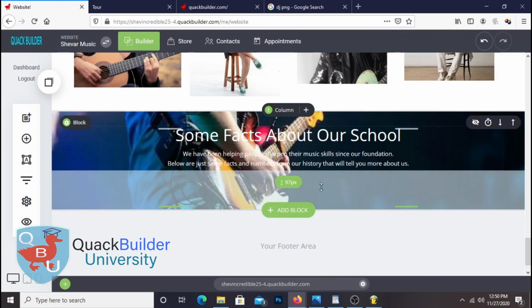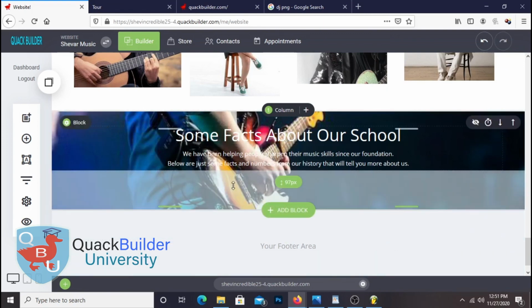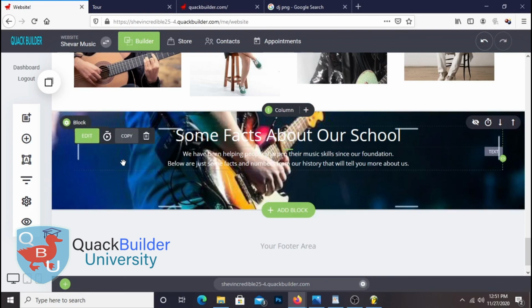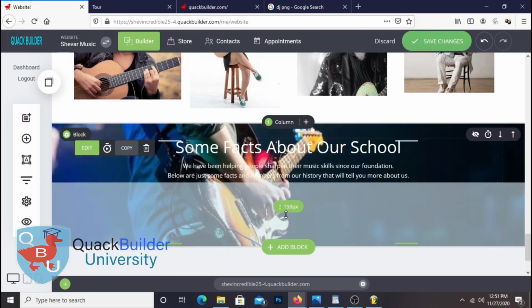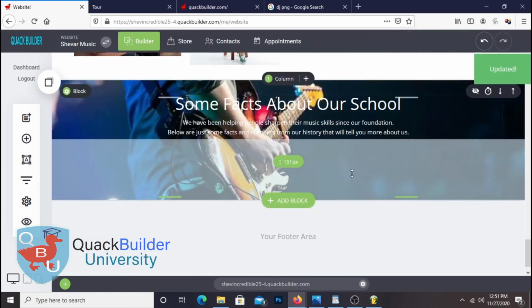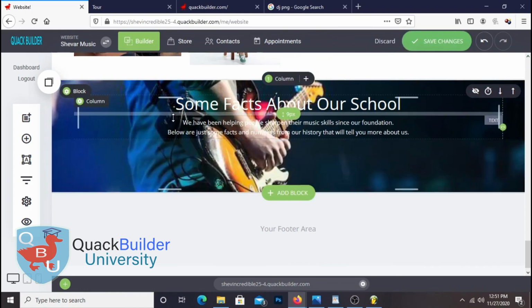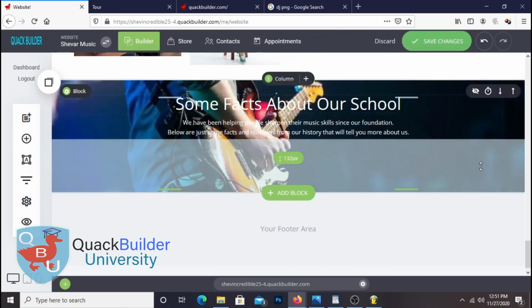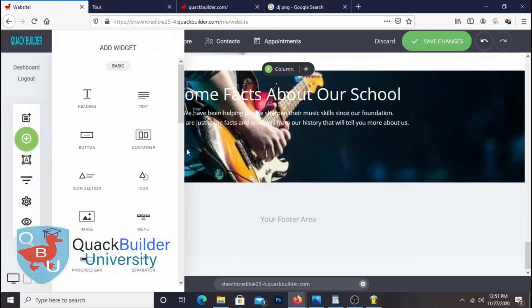Alright, so now that we have this text right here, we need to put some more information in the text, in the block right there, okay? So how I'm gonna do that is, let me see, pull this down a little bit, click save. Alright, so